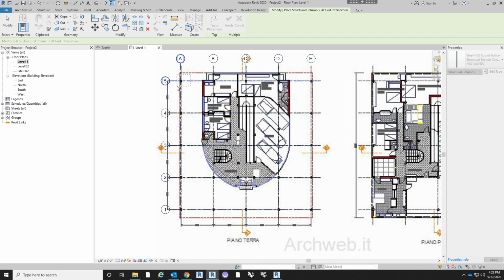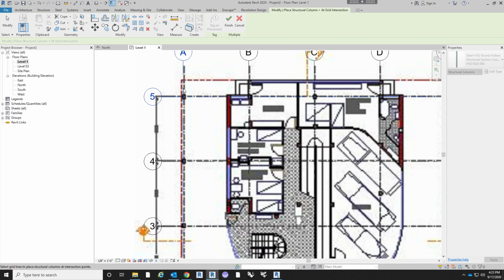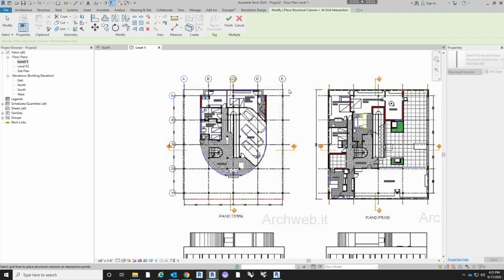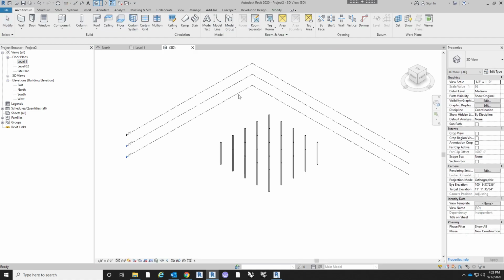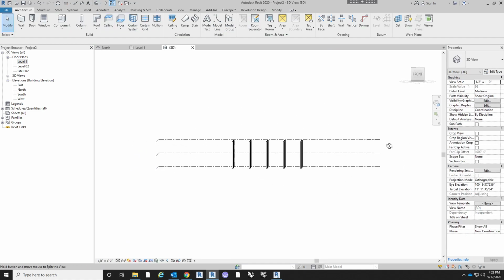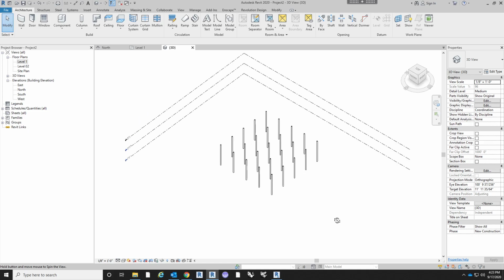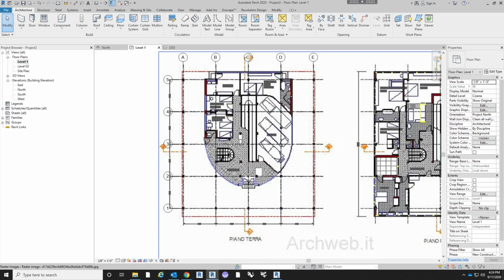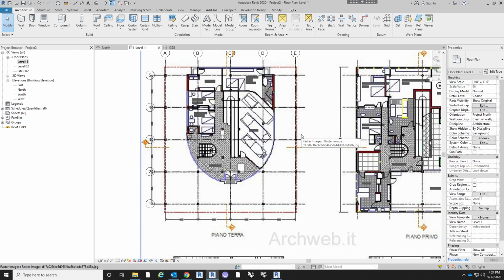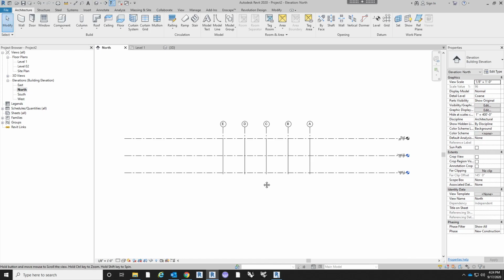If you only select these 2 grids, it's only going to place a column at this intersection. So you want to select all of them and then hit finish at the top, and it'll go and place columns at all of those grids. And if we go to a 3D view, you can see they are all there. All right. So now that we've done that, let's go to a north elevation,